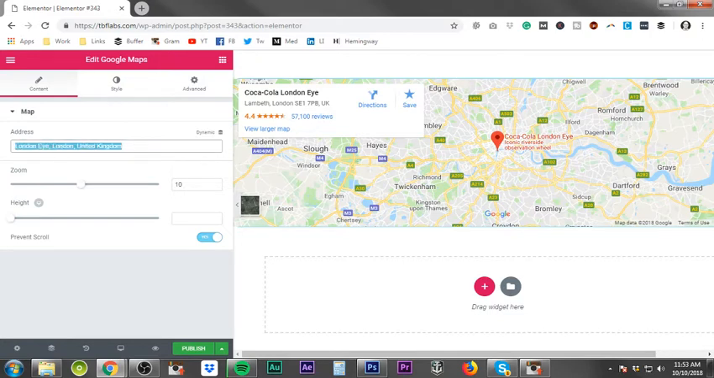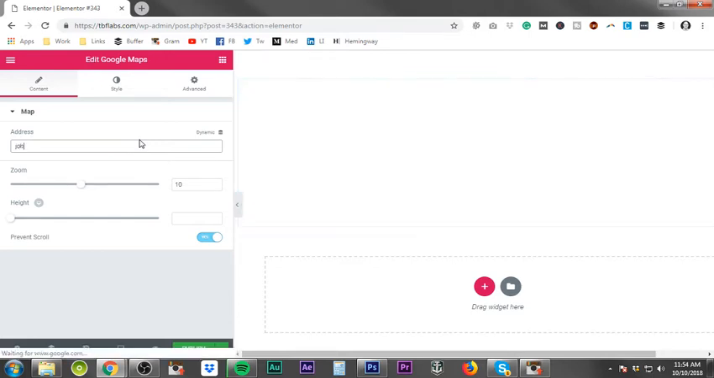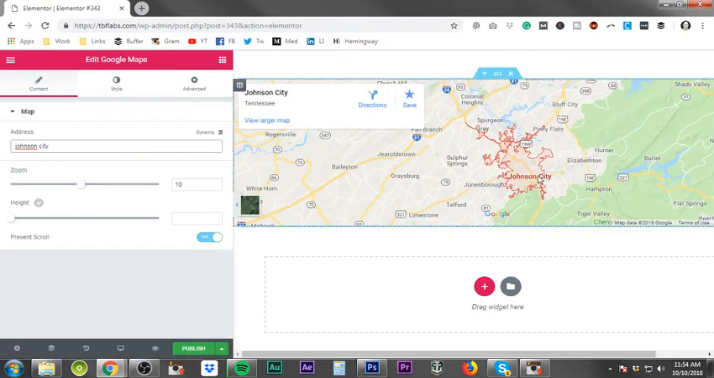If you have a brick and mortar store or something like that, you can punch in your address here. If you don't, and you're like me and you work from home, you may not necessarily want to put your home address out in public like that. I live in Jonesboro, not that big of a town, so a lot of the things that I do, I market towards Johnson City, which is basically the next city over, one of the largest cities in the area. And so I'll come in and I'll do Johnson City,